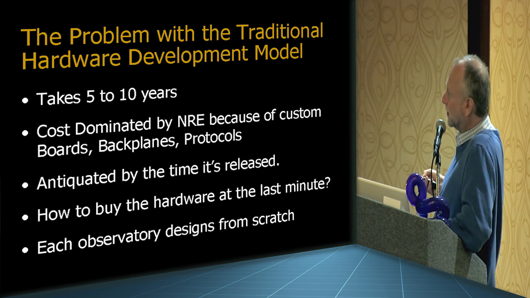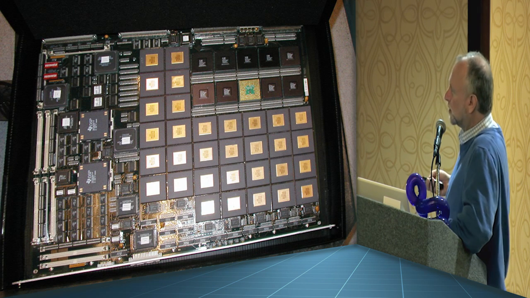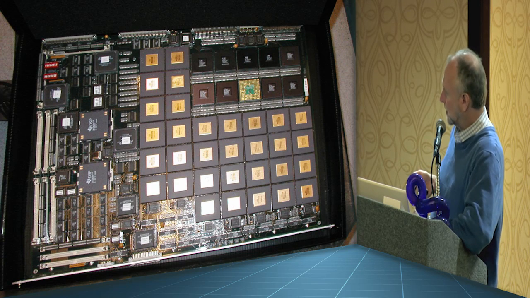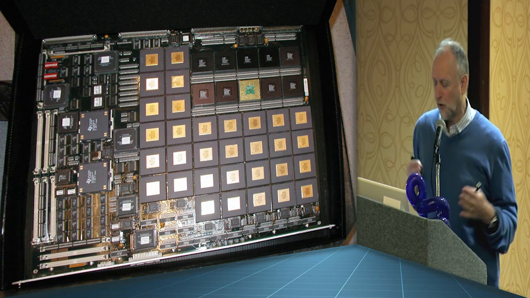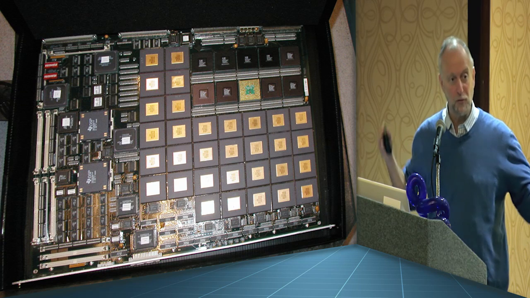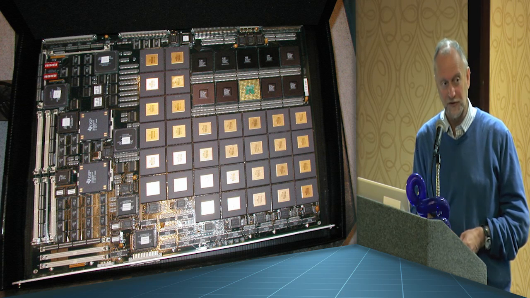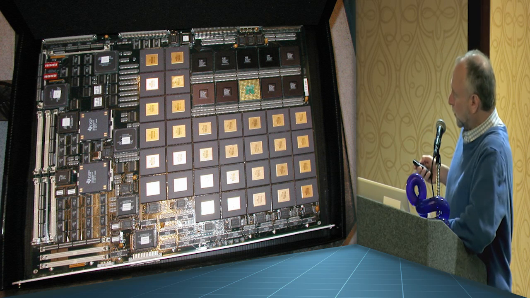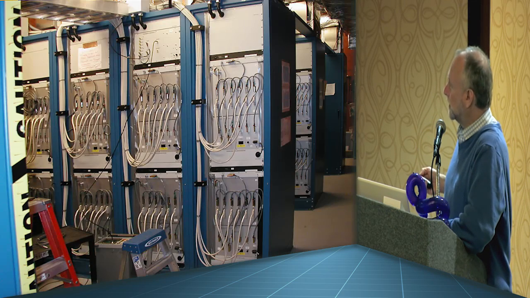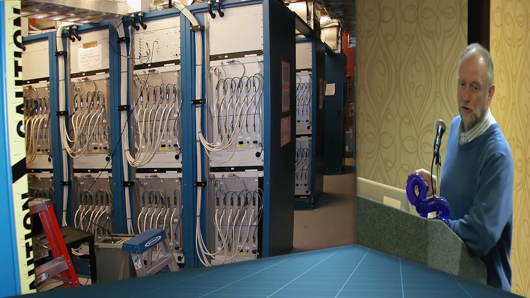Traditionally, astronomers have been building very specialized hardware for these correlators and beamformers. They build specialized boards, and they tend to make the boards really big. This is a board with custom ASICs. We've done it before with really big boards because the big problem is interconnect. The bigger you make the boards, the more stuff you can put on them, and that minimizes the interconnect problem. I think you guys know how to solve these interconnect problems. But typically you build really big custom boards, and then you have custom backplanes, protocols, and custom chassis. This is the kind of thing we're trying to get around.